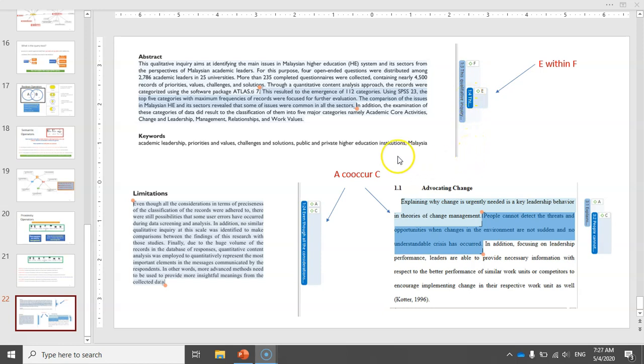And finally, with respect to the query A co-occur C, there are 2 situations. So all the quotations like quotation 1.2.4 that have been coded with code A and C, as well as all the overlapping quotations like quotation 3.1 and 3.2 that have been coded by one of these 2 codes will be the result of the